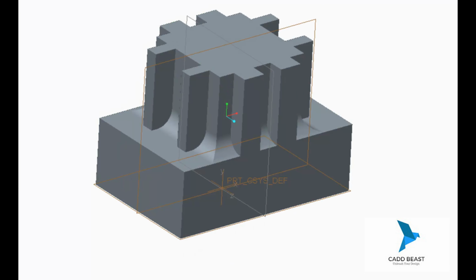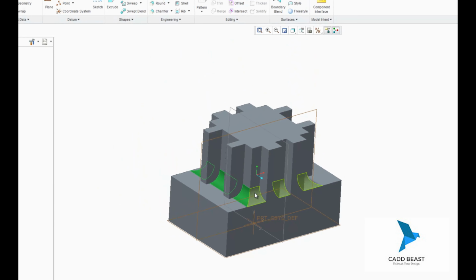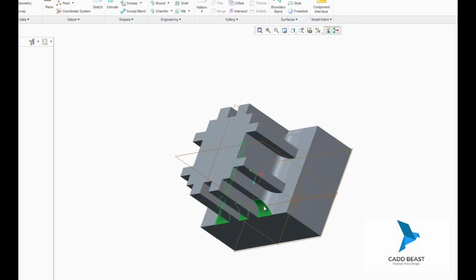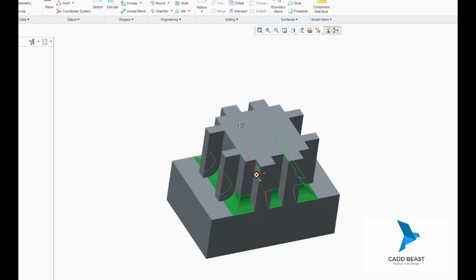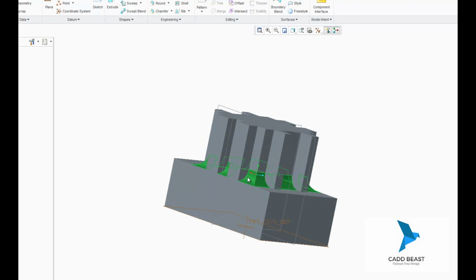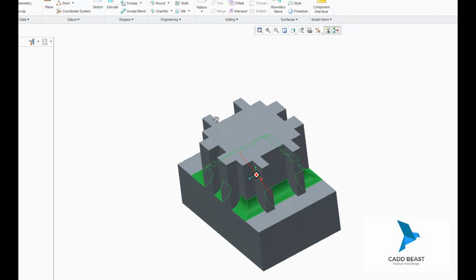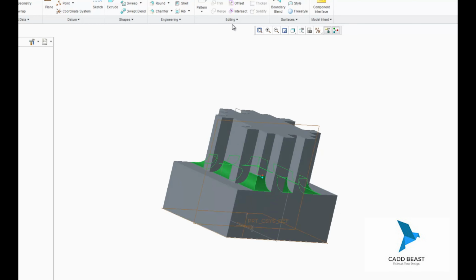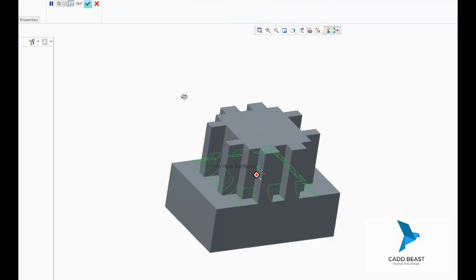For this demonstration, I want to use the Remove feature to remove parts of these rounds. The first step is to select all the rounds. Now that all the rounds are selected, I want to click on the Editing tab and then click Remove. As of right now, the Remove feature wants to remove every single part of the rounds, but I want to